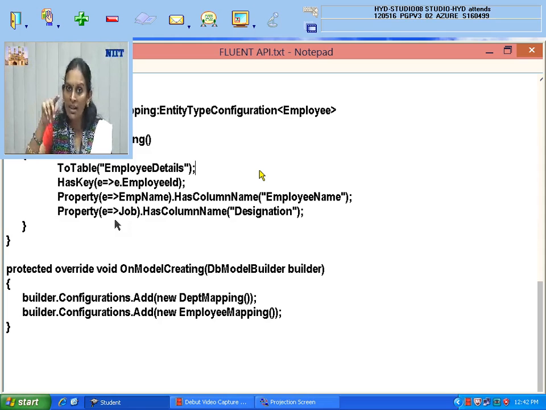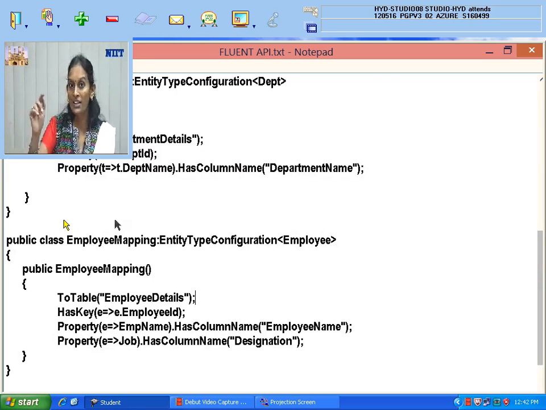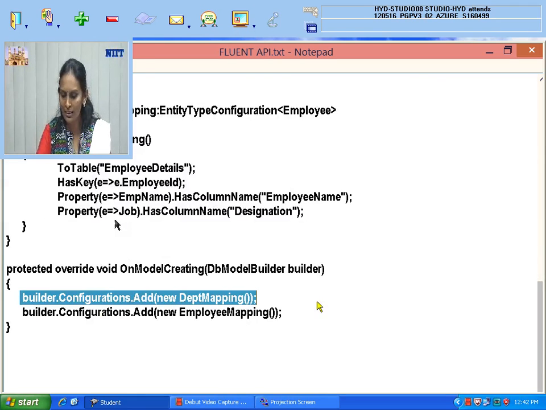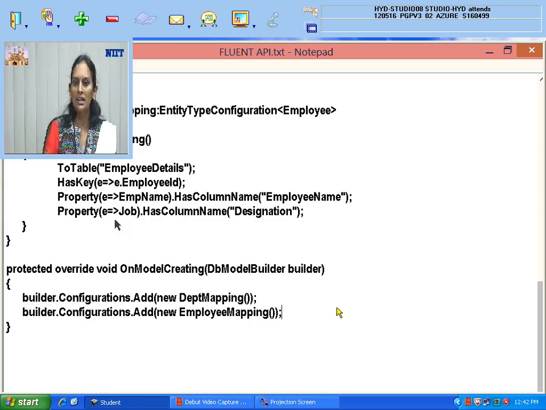In the same DbContext you need to create two different classes, one for student and one for employee, and you need to write and add those details like this. That is the second method which you should also try. I will put this in the group. Okay, so create one more application, create the same model classes, but in the DbContext apply this second method. 100% it will work.